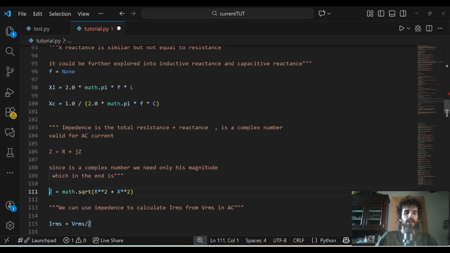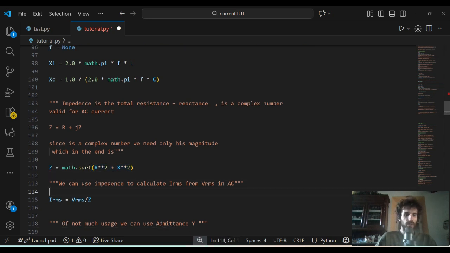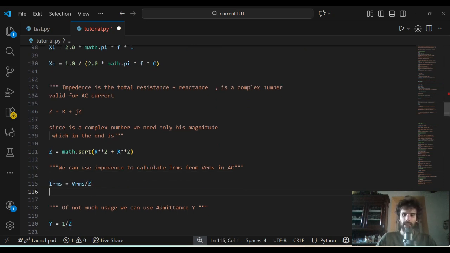Moving on, impedance is the total of resistance and reactance, as we already said, but it is a complex number, meaning that actually we don't care if it's a complex number, we only need its magnitude, which is at the end of the day equal to the square root of the resistance to the power of 2 plus the reactance to the power of 2. This impedance is important in many fields, like when you want to make the grounding of